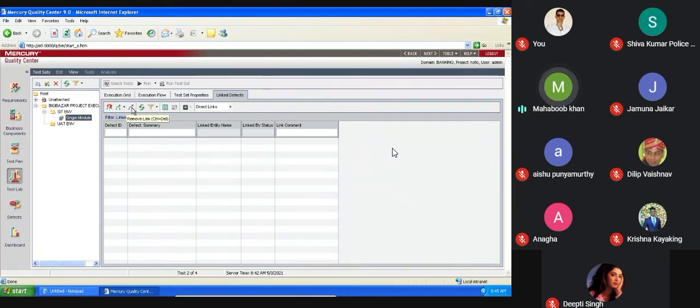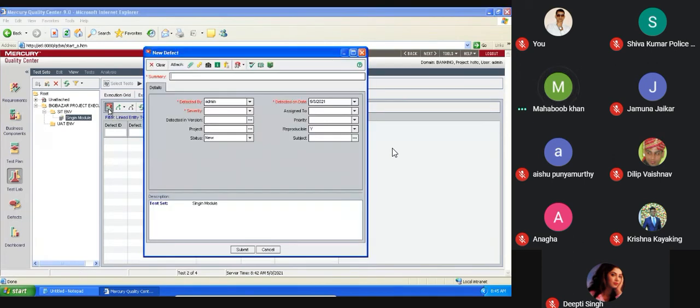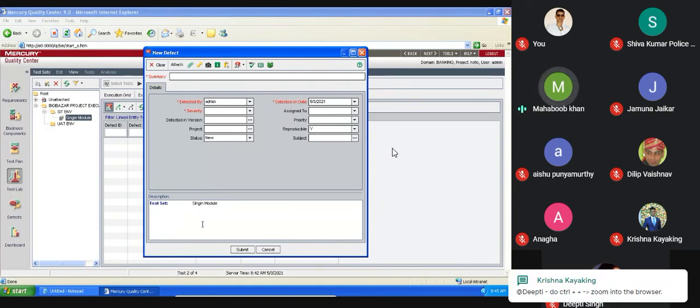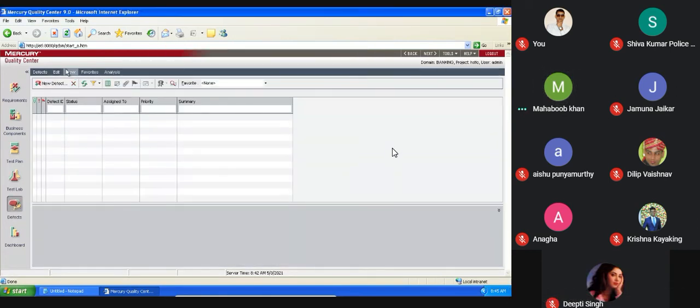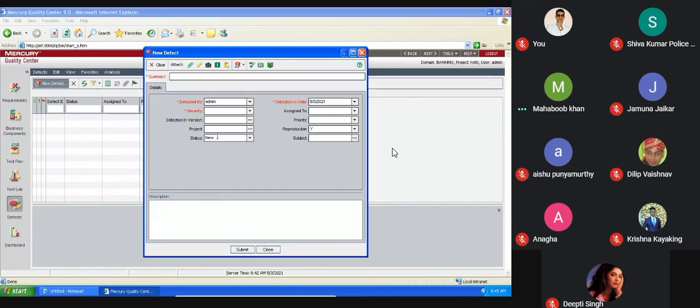So this is remove the linked defect. So I think add and link the defect. Once I click this, it will divert me to the defects tab. See here, new defect. The only difference here is the sign in module. So it will try to allocate from here, provide all the details and submit. I will show you from defect. Now click new defect. Are both the same or different? Only here the module is not described. Correct, guys? The remaining part is the same.